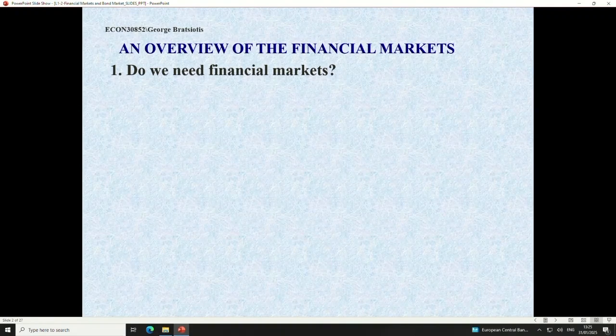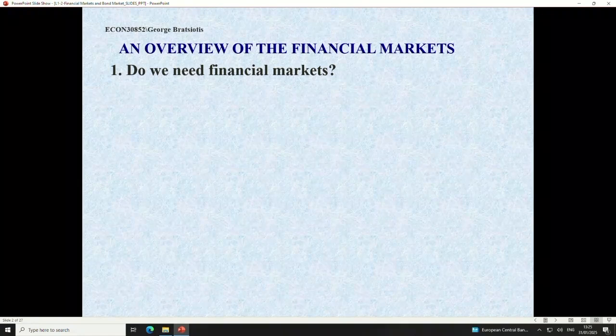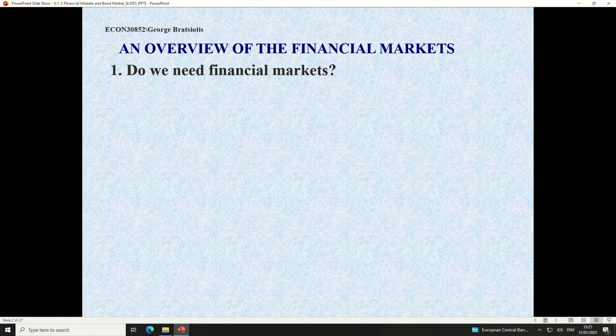So many people were asking this question, do we need banks? Can we not do without banks? Can we just bypass the banking system and actually deal directly with the central bank? The problem with the central bank is that it's supposed to be somewhere away from the center of the private sector, so it has the authority. Because if you start dealing with the private sector like a commercial bank or like a shop, then you start losing credibility. But let me just say this, that financial markets deal directly with the private sector.